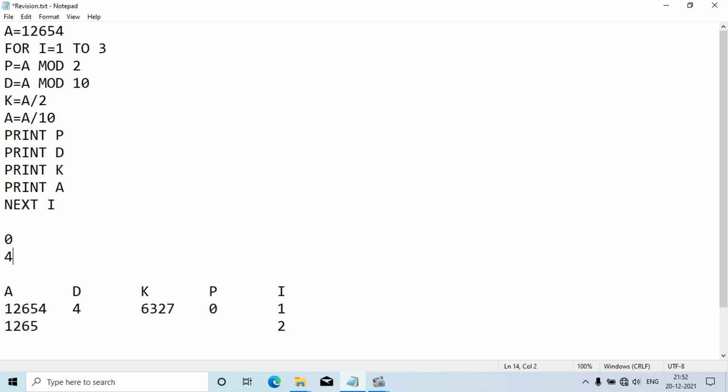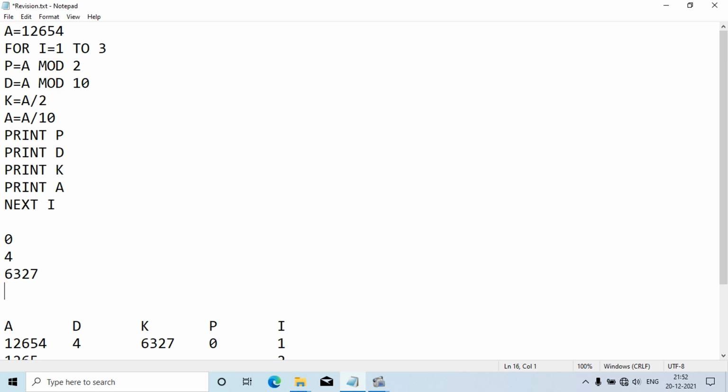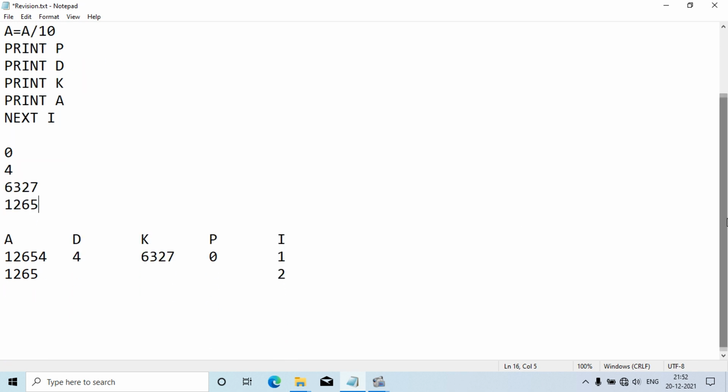Then k is 6327. Then a, the current value of a is 1265. Next, the value of i becomes 2.